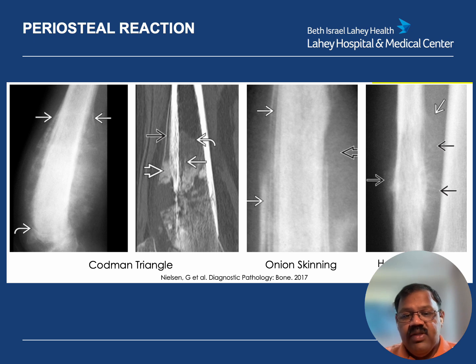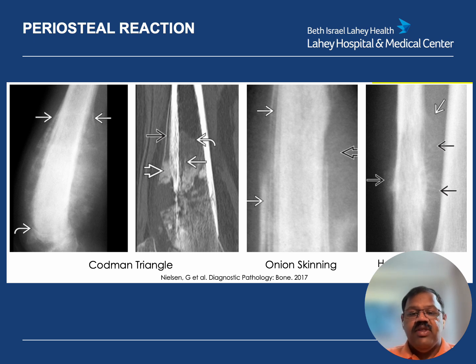On the far right there, you can see a hair-on-end or sunburst pattern periosteal reaction. Again, this occurs with rapid growth. Those actual sunbursts or hair-on-ends that you're seeing are the Sharpey's fibers that are being elevated. These Sharpey's fibers normally attach the periosteum to the cortical surface of the bone, but they're being rapidly expanded and